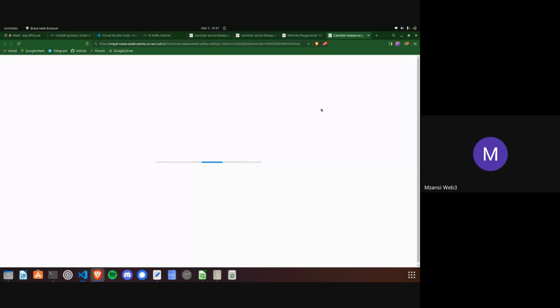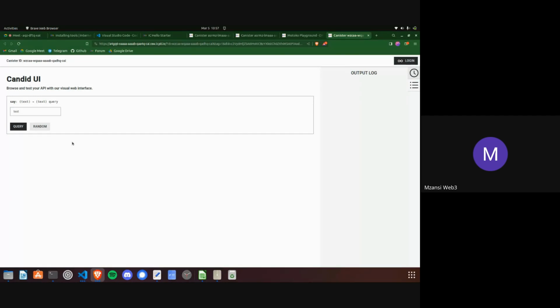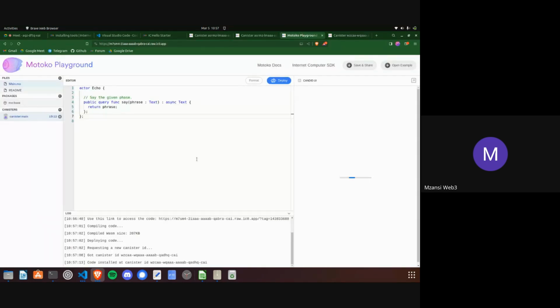Yeah, this is the candid UI, and I can say whatever I want. If I do random, I have to remove everything. I can do random, and it will generate some random stuff for the values. So yeah, another important tool to use,